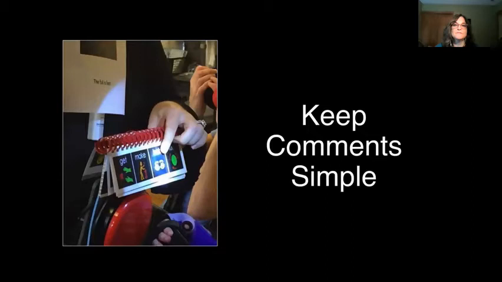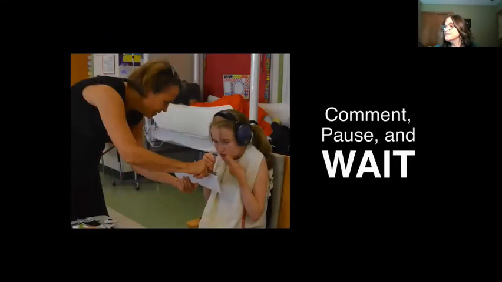Adults should keep comments simple and highlight 1 or 2 words on the students' core systems. The book supports this by providing a shared context that adds meaning to the comments. After reading each page and commenting, remember to pause and wait for at least 10 seconds.